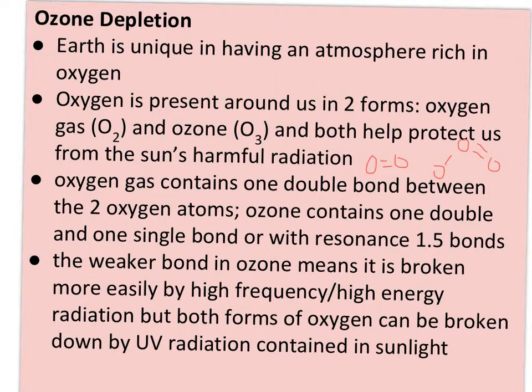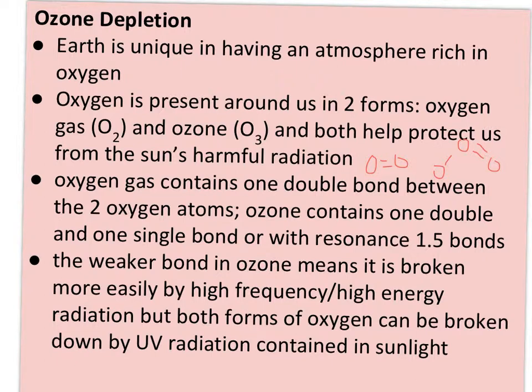or a double bond. So the weaker bond in ozone means it's broken more easily by the high frequency, high energy radiation that hits it. And that's a good thing because that's its function up in the stratosphere, is to absorb these high frequency waves and prevent them from reaching us down here on planet Earth. So both forms of oxygen can be broken down by UV radiation, but the ozone is broken down more easily